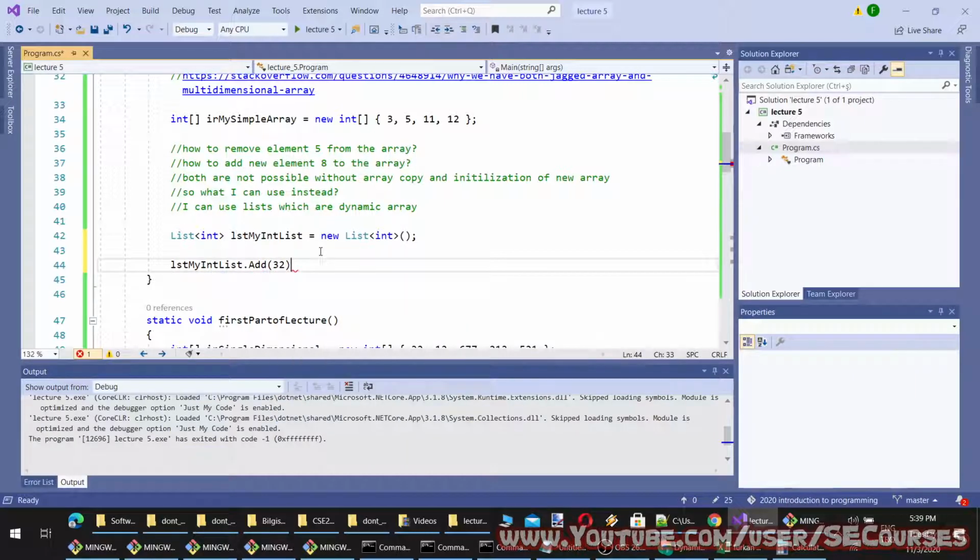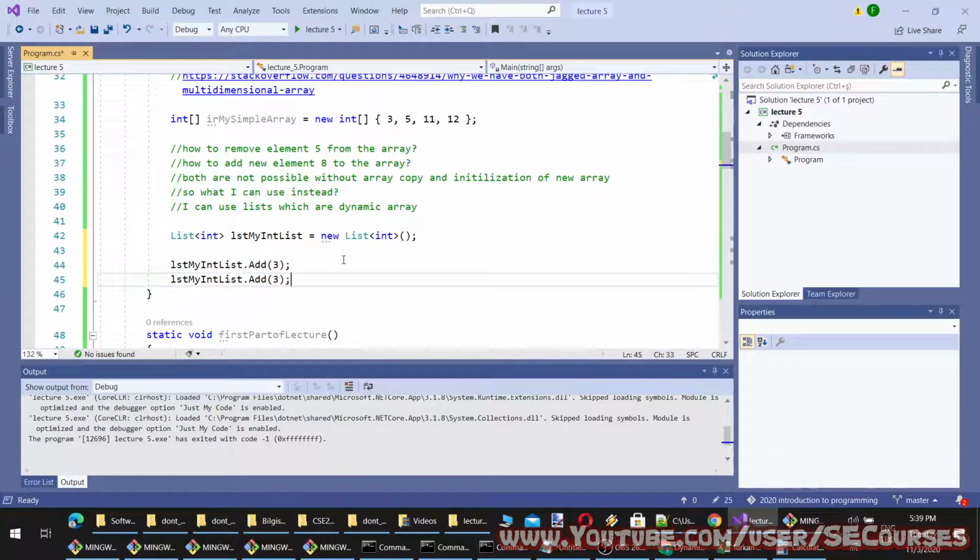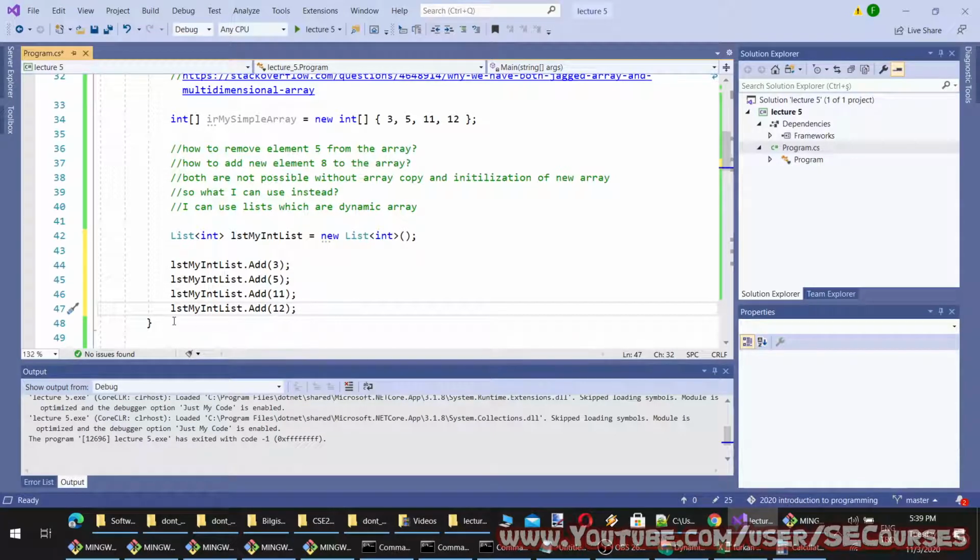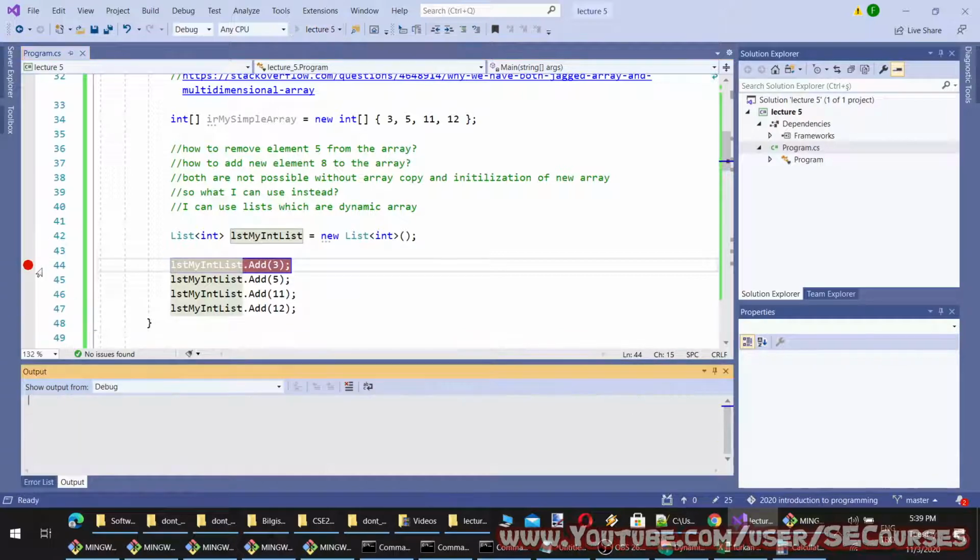So I can add the same items like this. The list will hold these items in the added order. So what I mean is, let's put a breakpoint here and start the application.